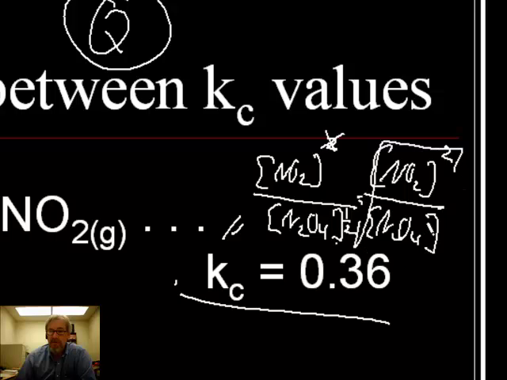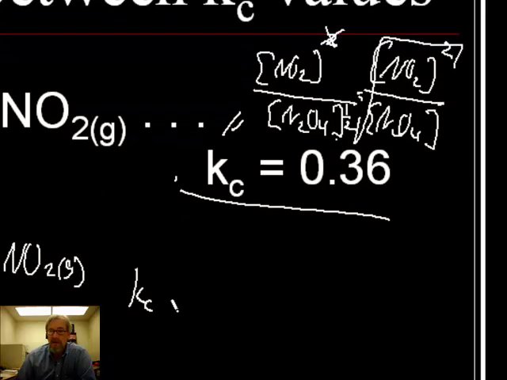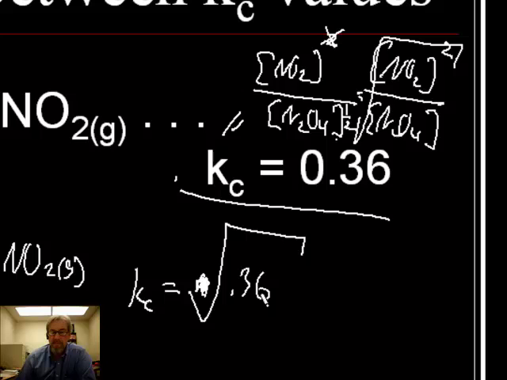So Kc for the new is always equal to the nth root of whatever I did to the coefficients in terms of dividing. So in this case, I divided by 2. I divide all the coefficients by 2, so I take the square root of 0.36, and that's my new K expression,